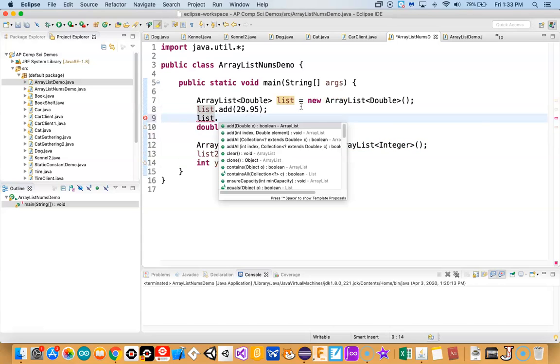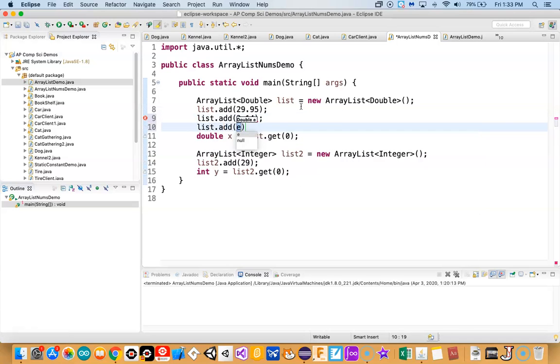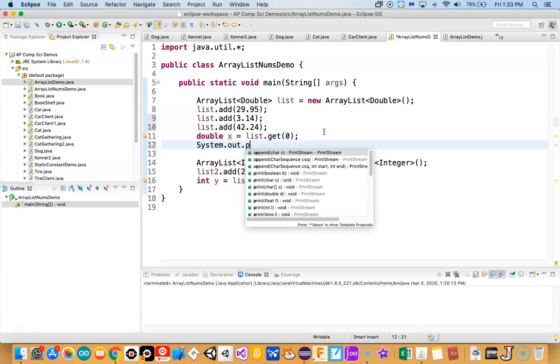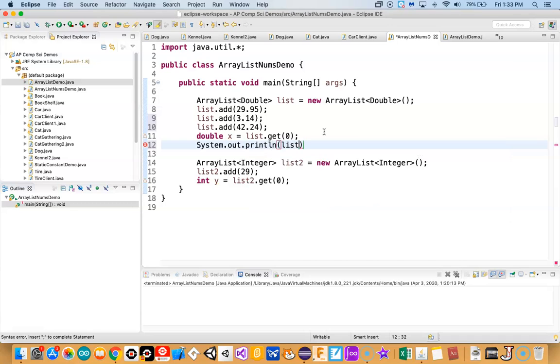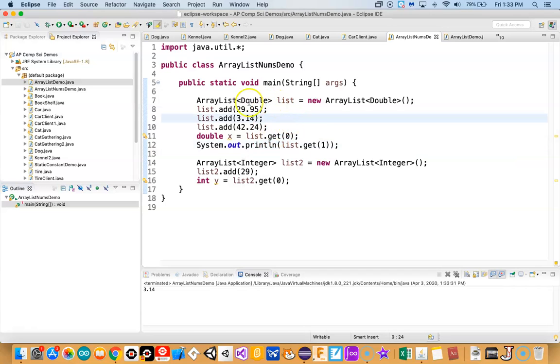So I could say list.add(3.14), list.add(42.24), things like that. And I could print any of them out. System.out.println(list.get(1)), and run that code, and it's going to print that value. Okay, so pretty straightforward, but it felt like we needed to have a lesson on these wrapper classes